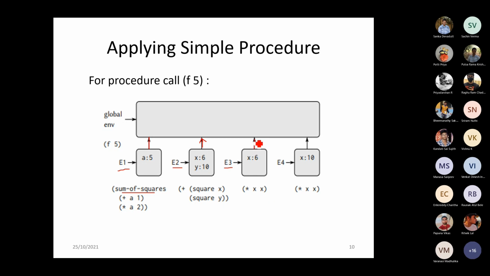So the interface regarding that is to get the details regarding the body of the procedure and the returning of the contents, all those things. The pointer will point to the global environment. Now moving on, once again we are calling the square procedure. So again another new environment would be created where the value passed is 10. So x will be allocated with the value 10.